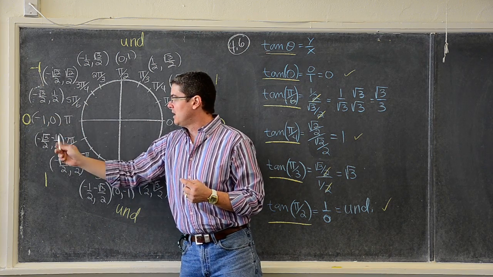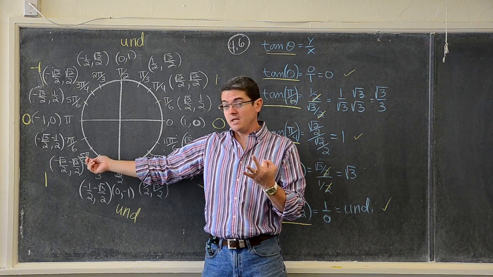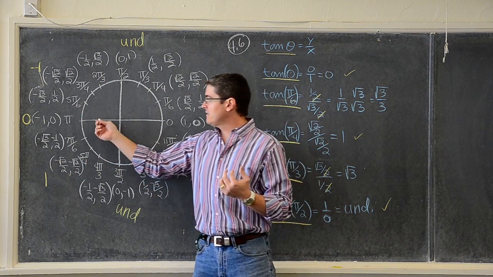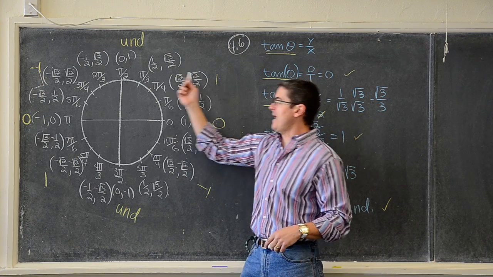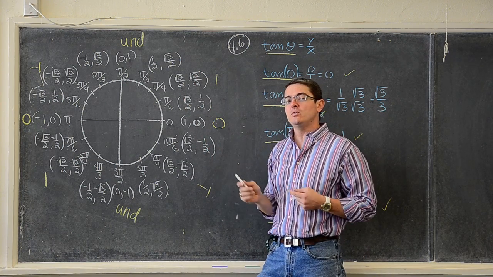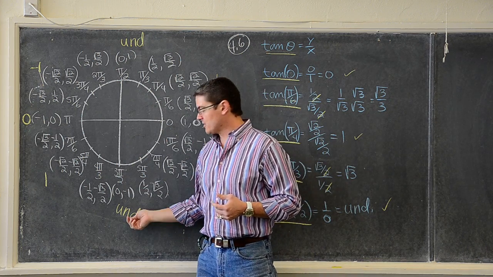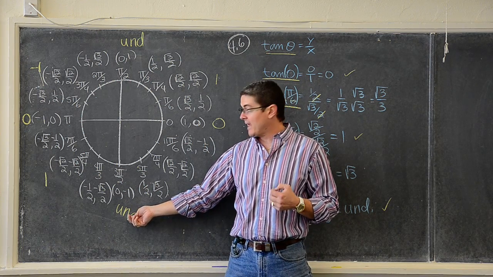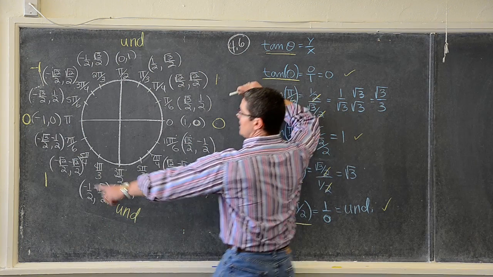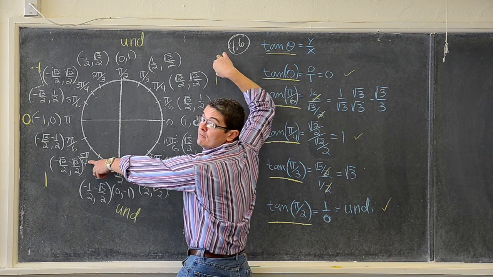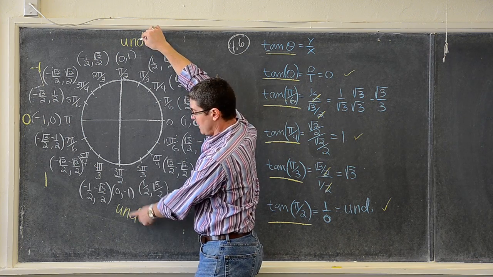Now watch what happens. The tangent of 5 pi over 4, the tangent in quadrant 3, that's where we are, has a negative x and a negative y, so it's a positive value, and we get the value of 1 again, just like we had at pi over 4, the other side of the unit circle, or 180 degrees, or pi units away. Then go to 3 pi over 2. We're again doing y divided by x. X at this quadrantal angle is 0, and it's once again undefined. So at 5 pi over 4 and pi over 4, you have the same values of 1. At 3 pi over 2 and pi over 2, opposite sides of the circle, you have undefined again.